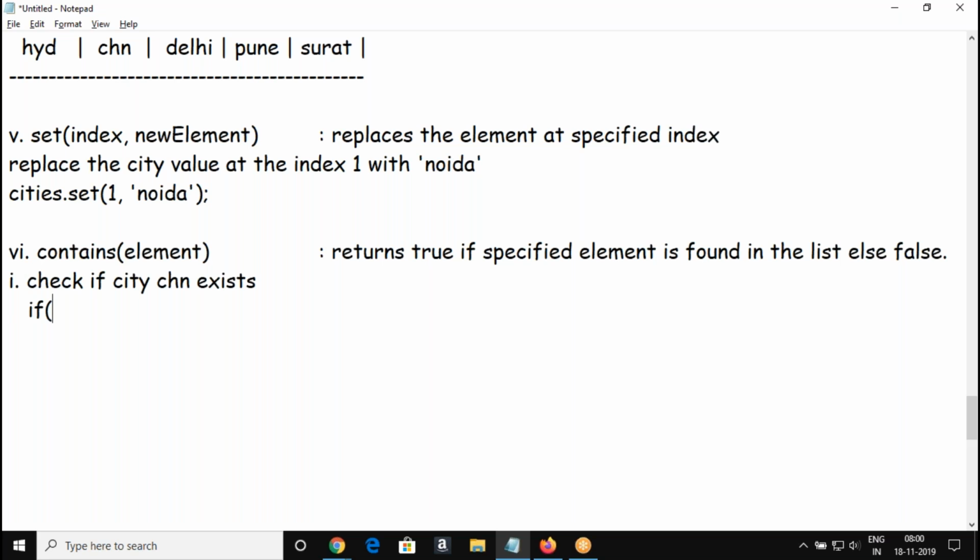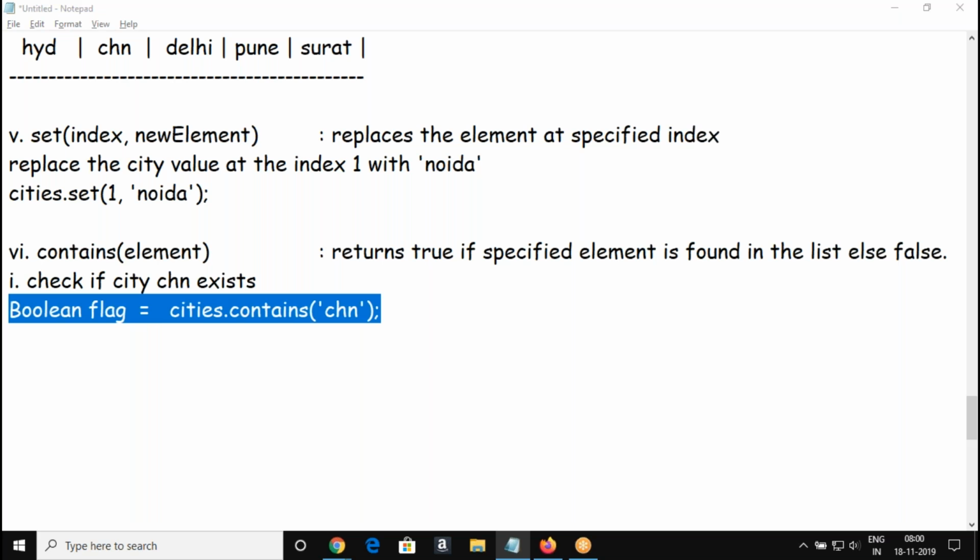So I'm going to use the if condition here. What it's going to return is basically a boolean. So cities dot contains. What element are you looking for? CHN. The method is going to return a boolean value. I can do it like this.